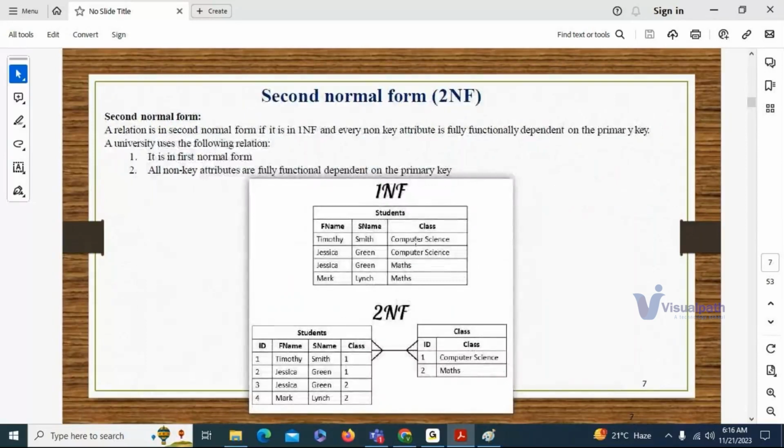Anybody got any question? Okay. So when it comes to second normal form,